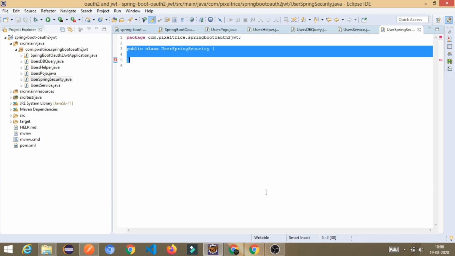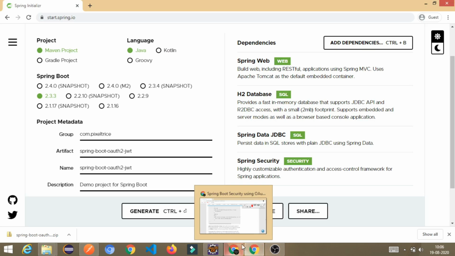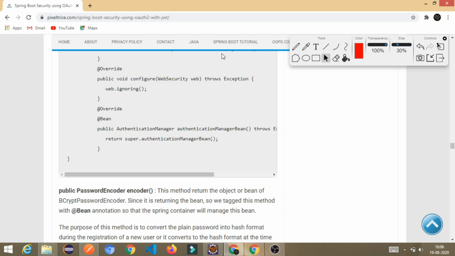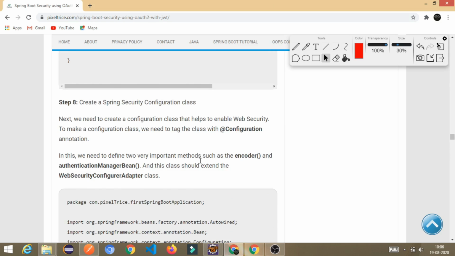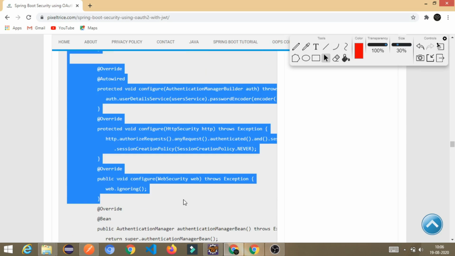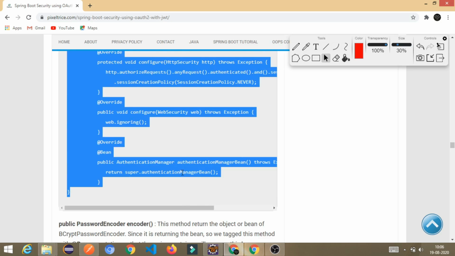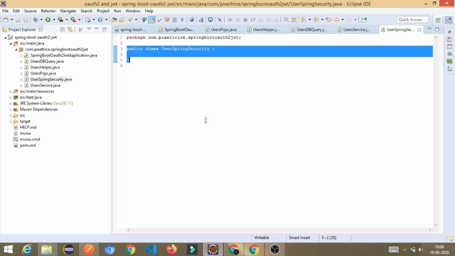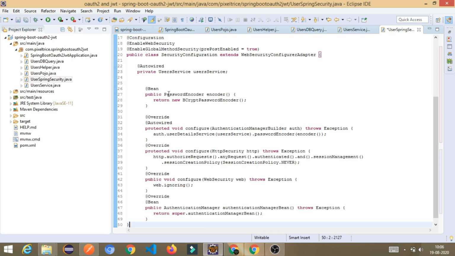Sorry, this is not the correct code. Just jump to the article and copy from the imports, so that it will already fix the import problems, and I'm going to paste it here.